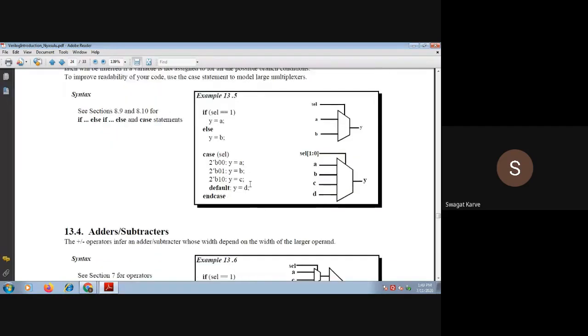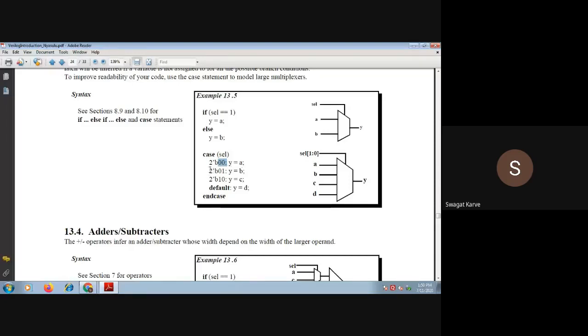Now how to write by using case statement in Verilog? So the way is simple. Again, case select is, right? It's a 2-bit value, so of course you have to select this select line. It's a 2-bit, that is 00, then y will get A. For example, we have a 4 input, so how many select lines? 2-bit. So we have written here a 2-bit select line. That means the first condition, that is 00, then y will get A.